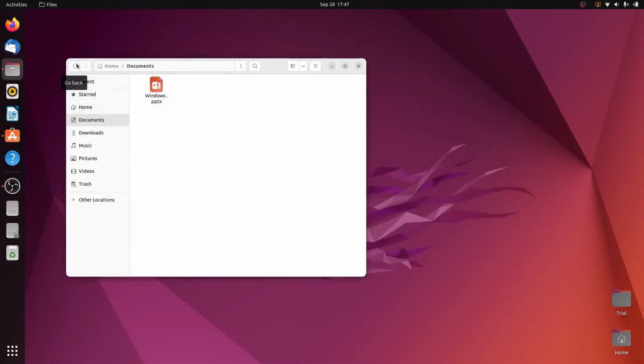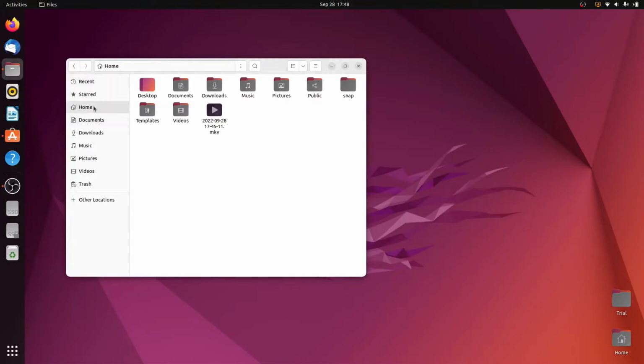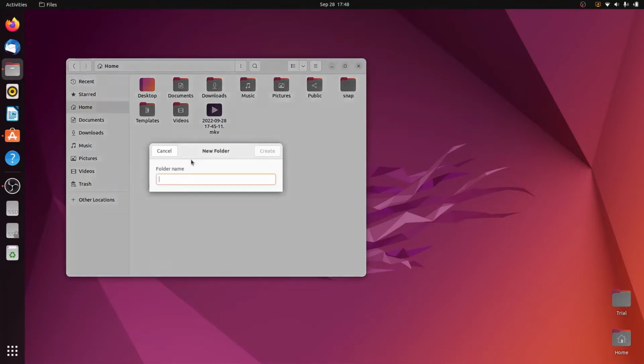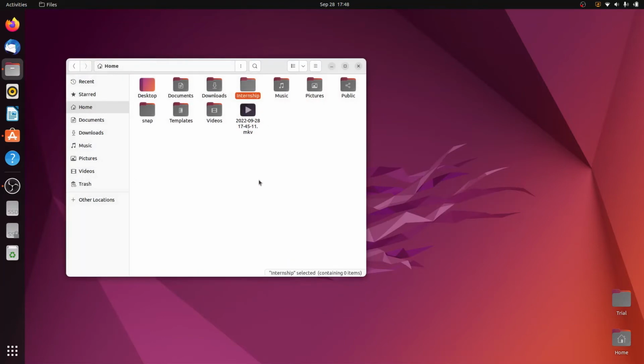Few more things I will be explaining about ls later, but now assume that you are working on some kind of a project. For that project, what will be the first thing that you will do? The first thing is that you will go over here and create a new folder. Suppose you are working on a project for your internship, so I will just type internship. Okay, so the internship folder has